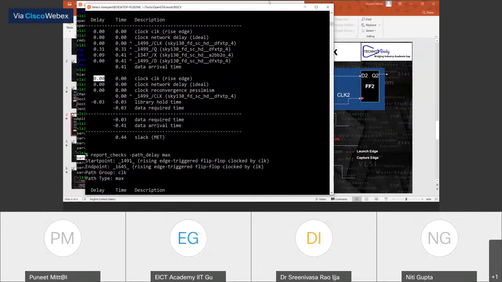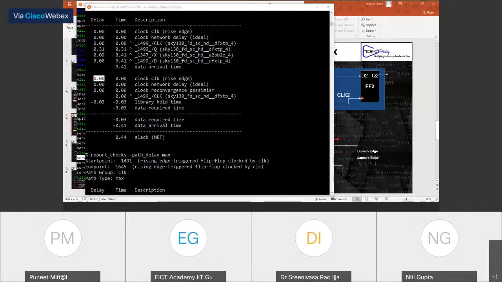If it is a half cycle path, that means our setup edges are going to be after half cycle. That means one is rising, another may be falling. So if there are two flip-flops, one is a positive trigger, another is a negative trigger, then how things are going to happen, that is a half cycle path. But we're not going to discuss that right now.